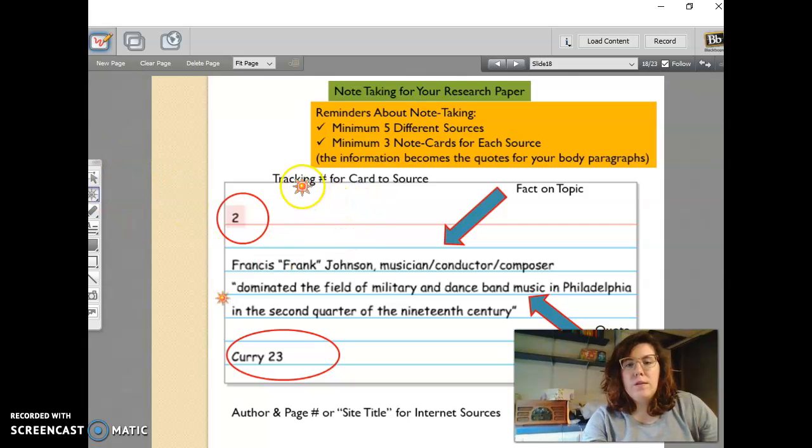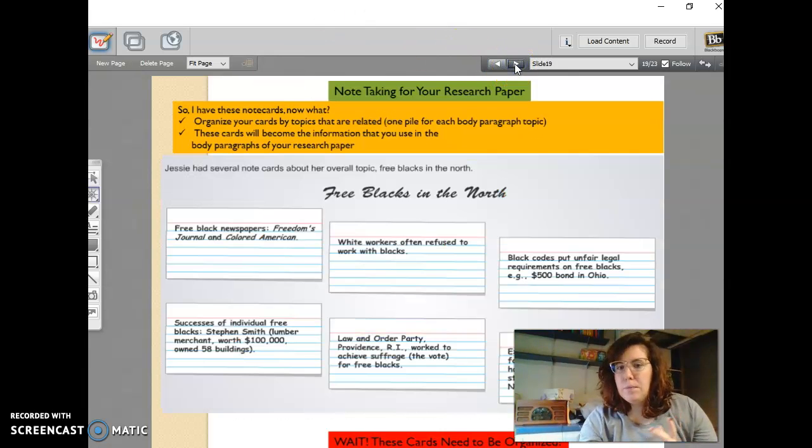So one of the reasons why they suggest doing the cards is because it's easier to physically manipulate it and be able to organize it into body paragraphs or topics. So the example here is Jessie had several note cards about her topic, free blacks in the North. And so she had one about the free black newspapers, one about successes of individual free blacks, white